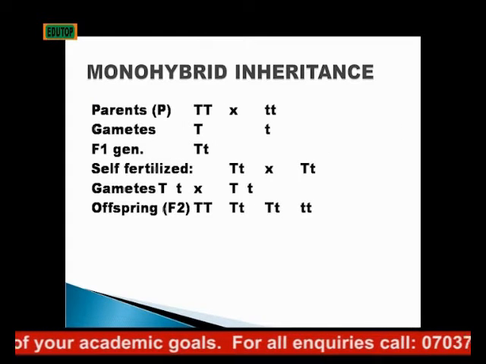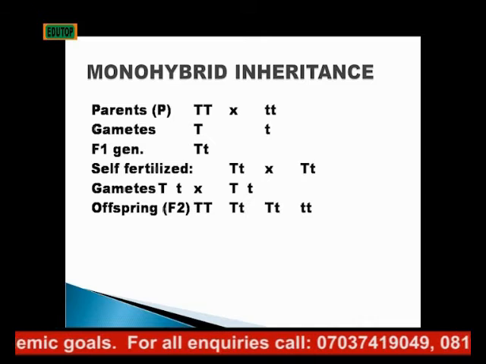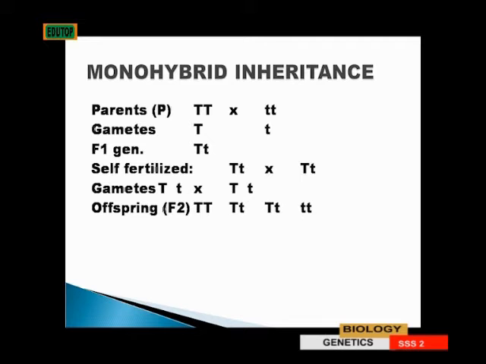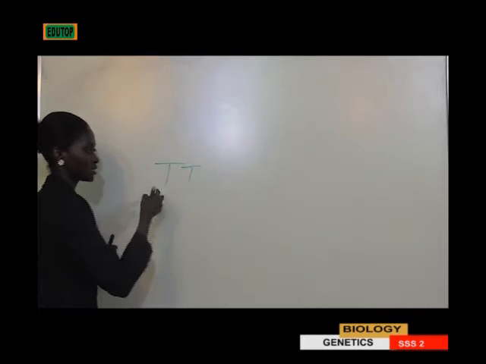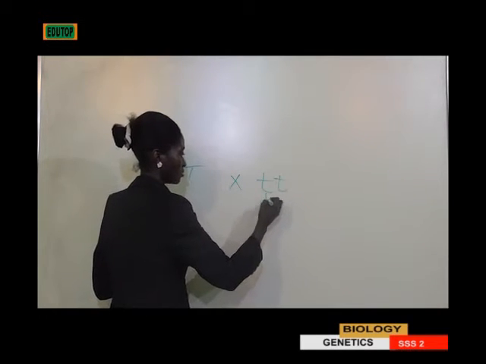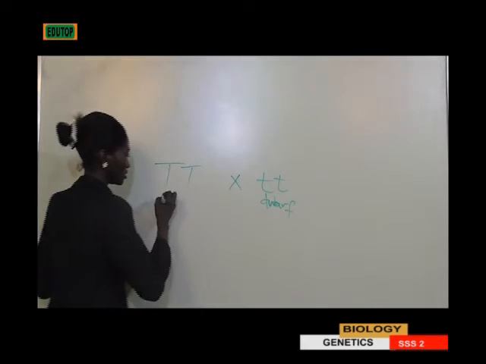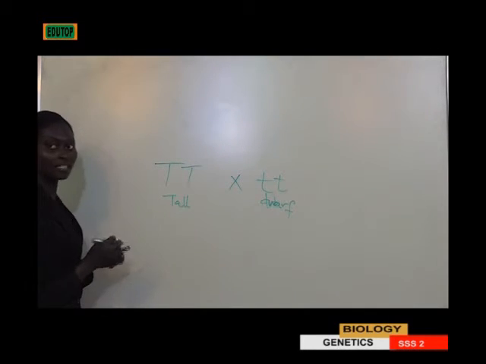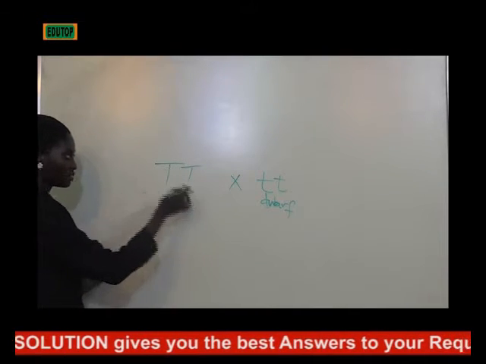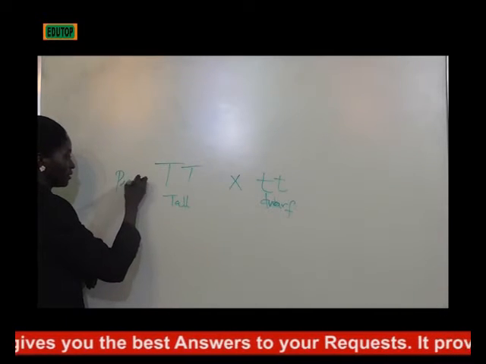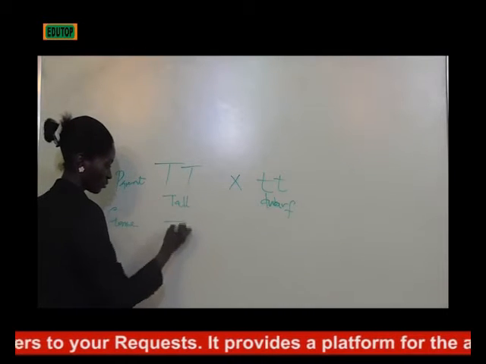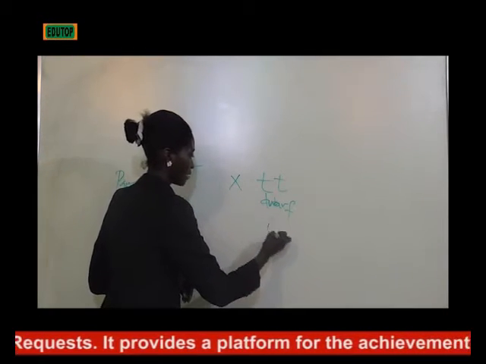So the Mendelian experiment is what I want to illustrate for you. I said you crossed a tall plant with a dwarf plant. So let the tall plant be represented by TT. So this is the tall plant, crossing it with a short or dwarf plant. Then this one is a tall plant. And in this law of the principle of segregation, the gametes from these parent plants, we have a gamete. Since they are the same, one came out, then another came out.